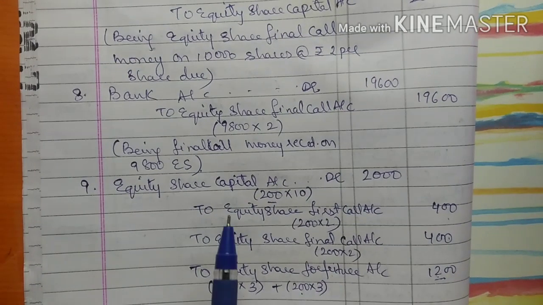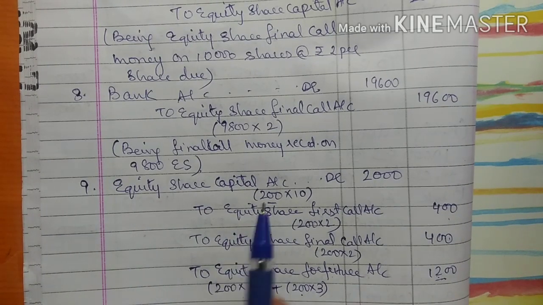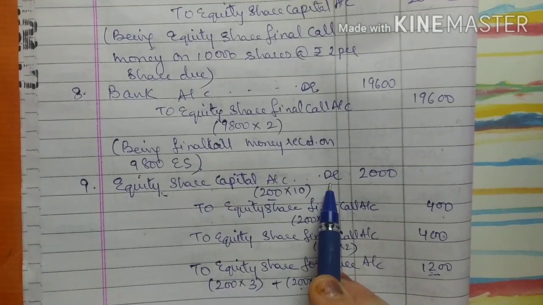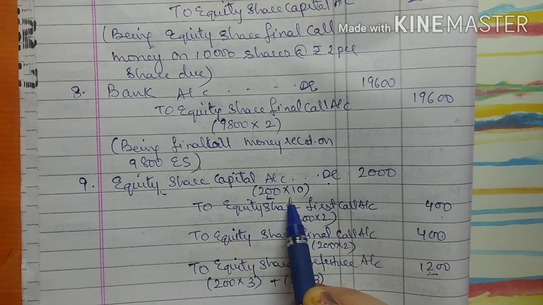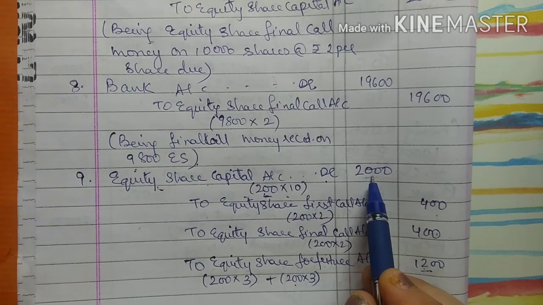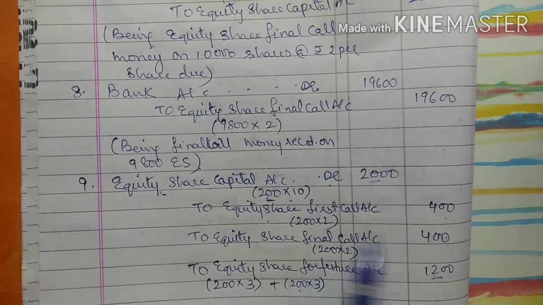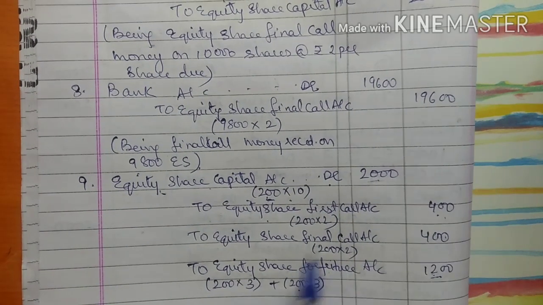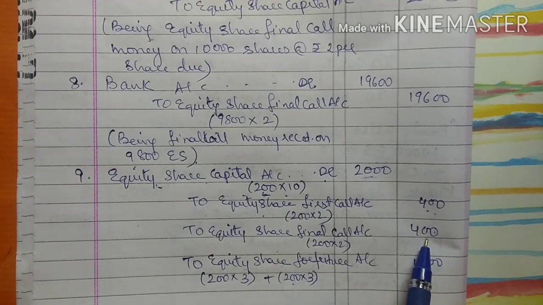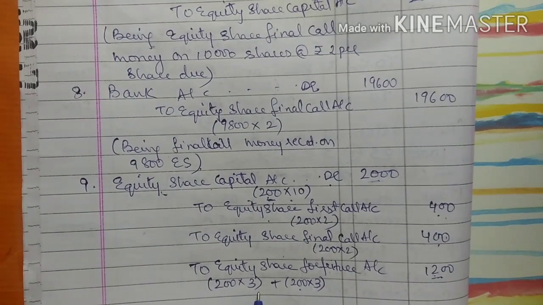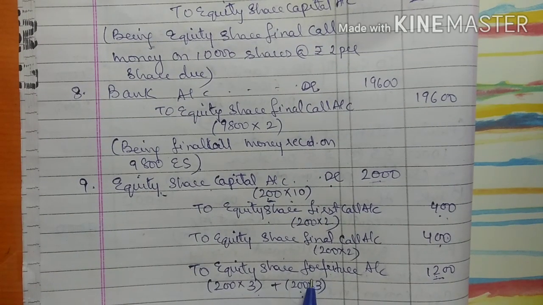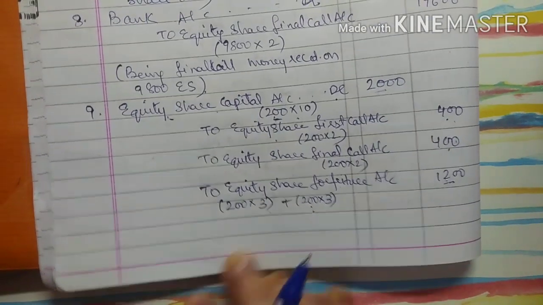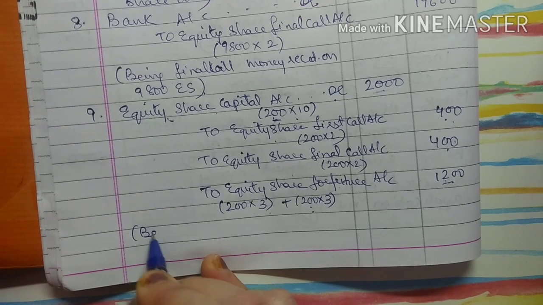So see, once again the entry for forfeiture will be equity share capital account debit, the number of shares into the amount per share, right? So 2,000 was supposed to be received from Shobha. From this, Shobha has not paid first call, Shobha has not paid final call, and what she has paid is application money and allotment money, which has been transferred to forfeiture account. Okay, now the narration will be being